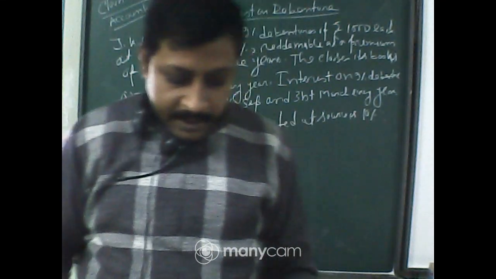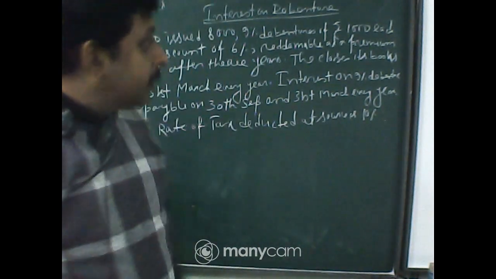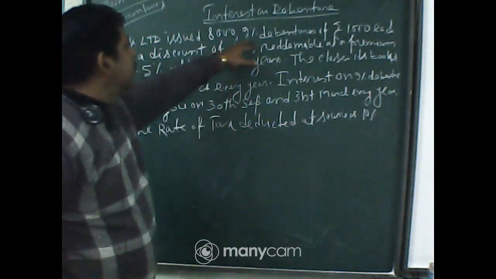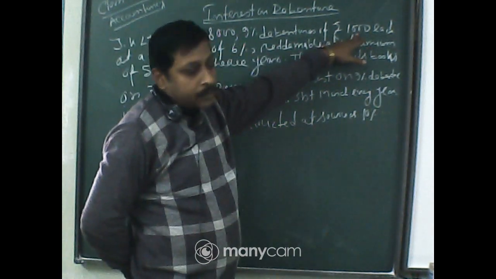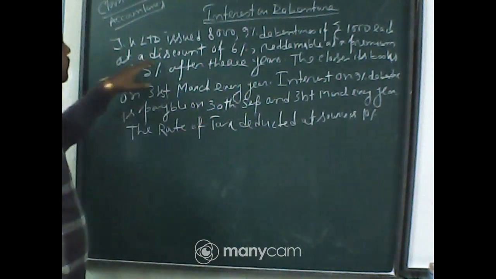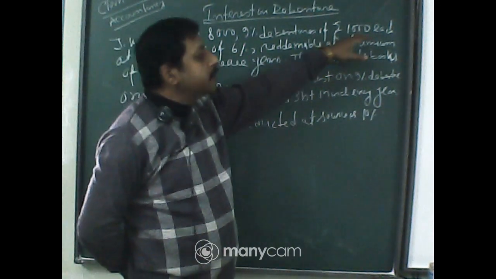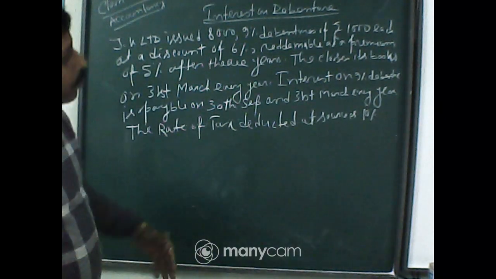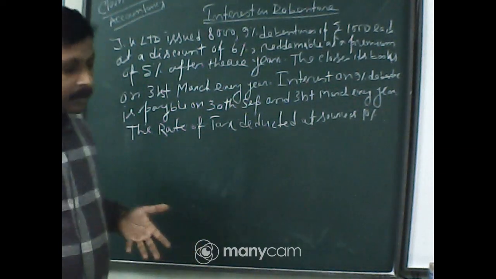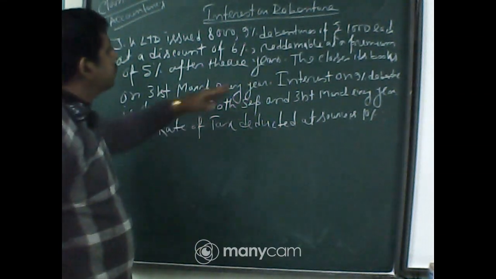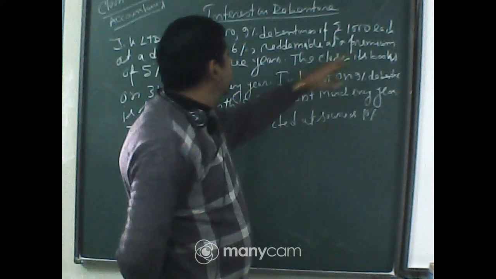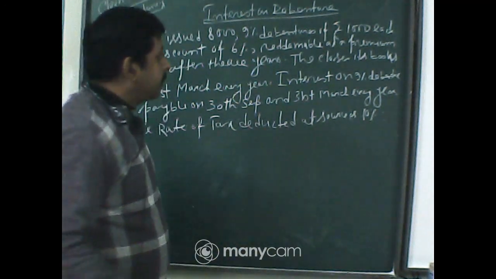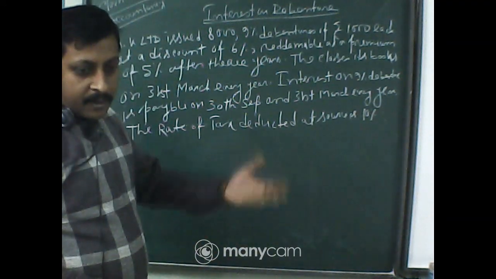ended 31st March 2016. They are saying that JK Limited issued 8,000 9% debentures. So, 9% is interest rate, nominal value is 1,000 each, but at a discount of 6% means there is a 60 rupees discount. So, at what value do they issue the debenture? That is 940. Okay, 940, but redeemable at a premium of 5%. Again, they actually redeem at a premium of 5%, means there is 50 rupees. Again, they are making losses.